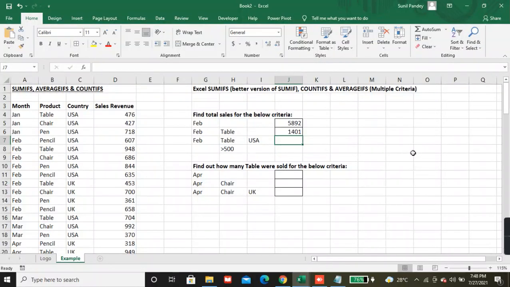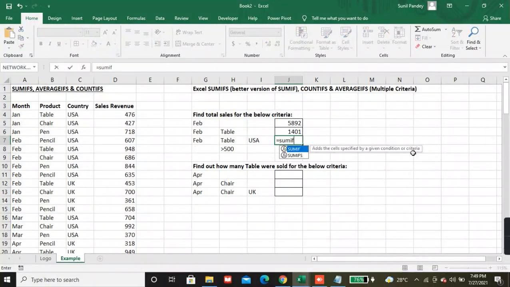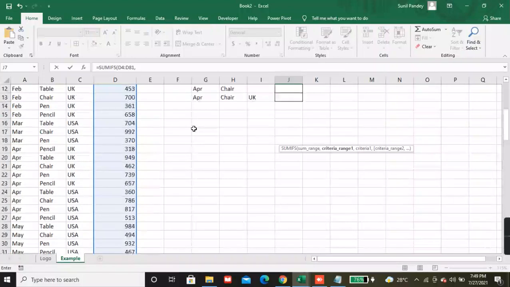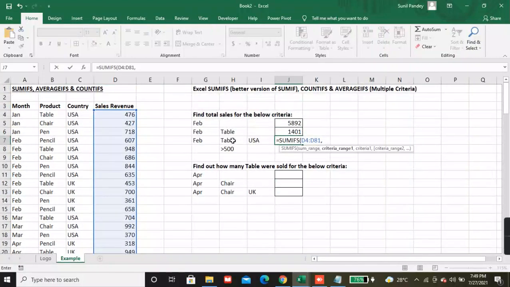Now we'll put the SUMIFS formula with three criteria. The first one is month, product, and the country-wise also. So let's put the SUMIFS formula. We'll select the sum range.